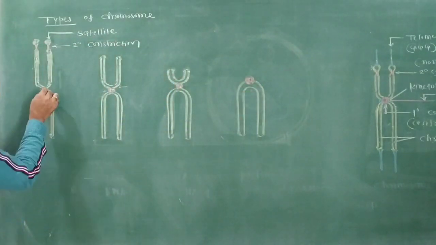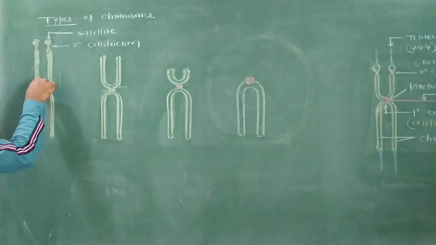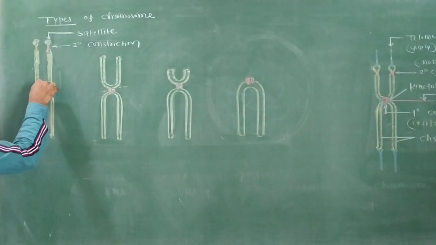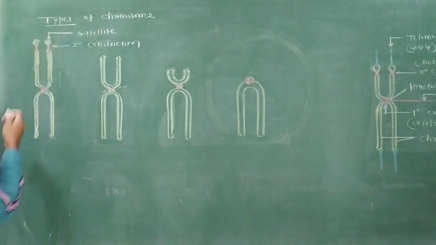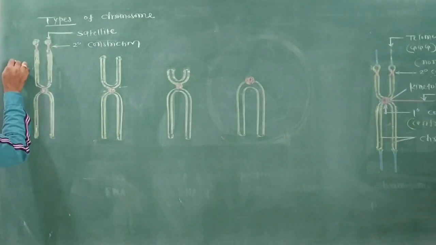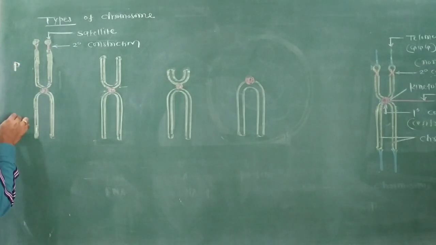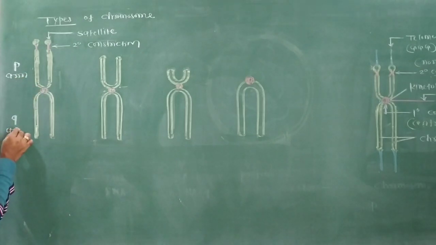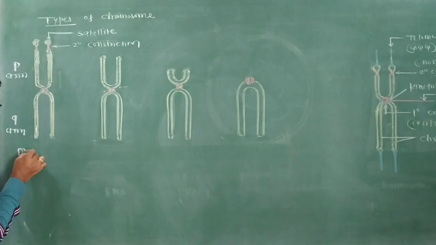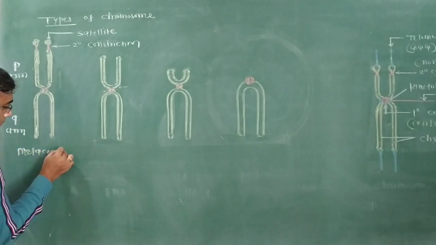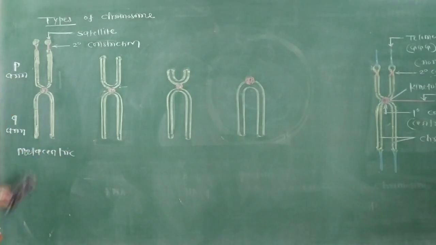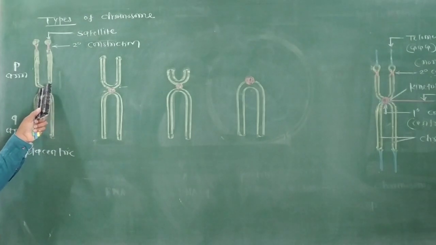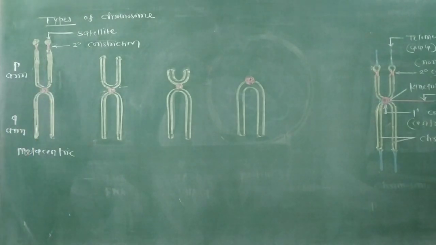Okay, first chromosome. The centromere is exactly present at the middle of the chromosome. So both sides, the upper arm and lower arm, are in the same plane, meaning the P arm as well as the Q arm are of the same length. So this chromosome is considered metacentric. In a metacentric chromosome, the centromere is present at the center, so both sides are the same length.